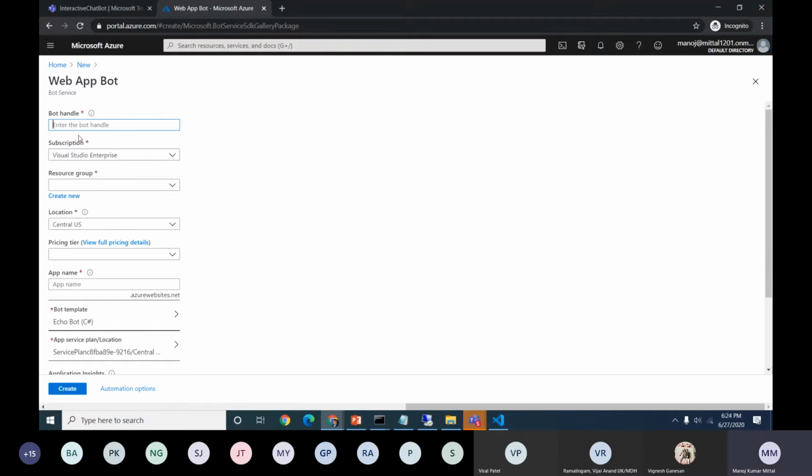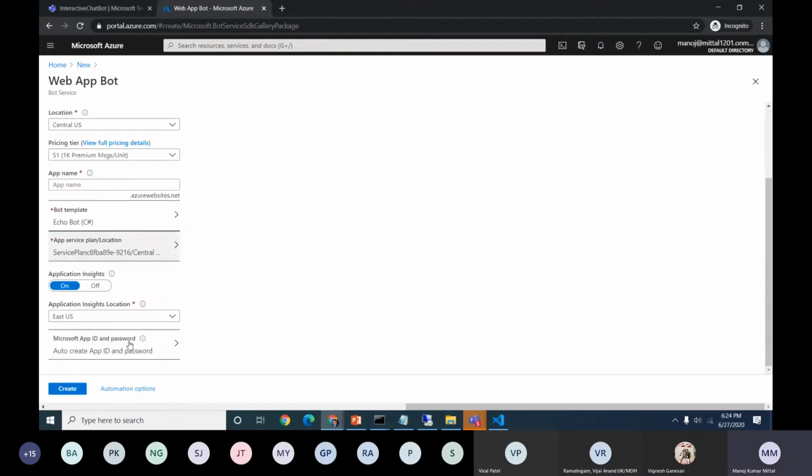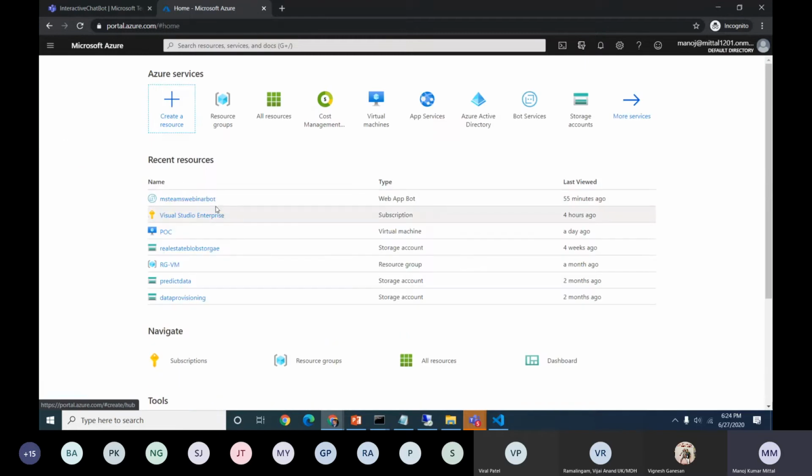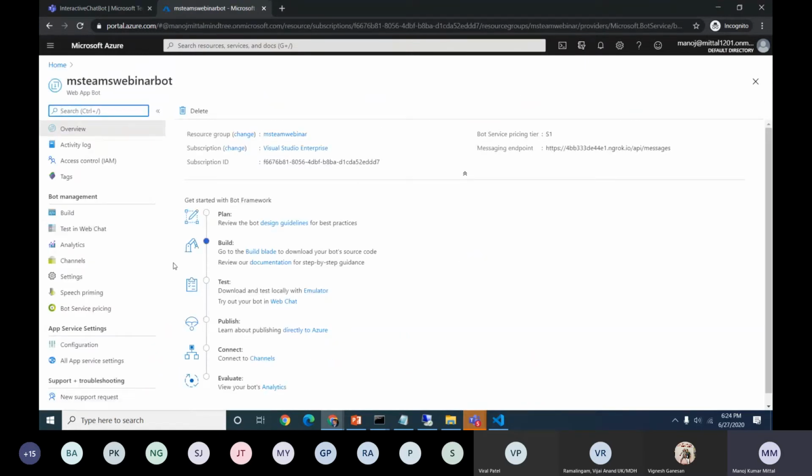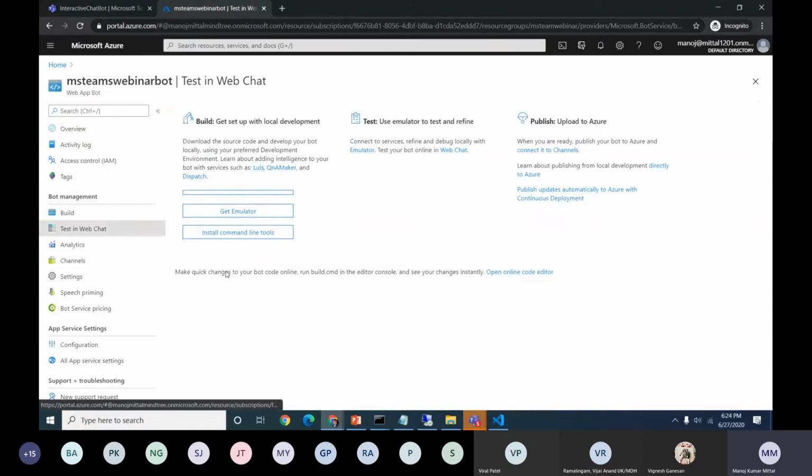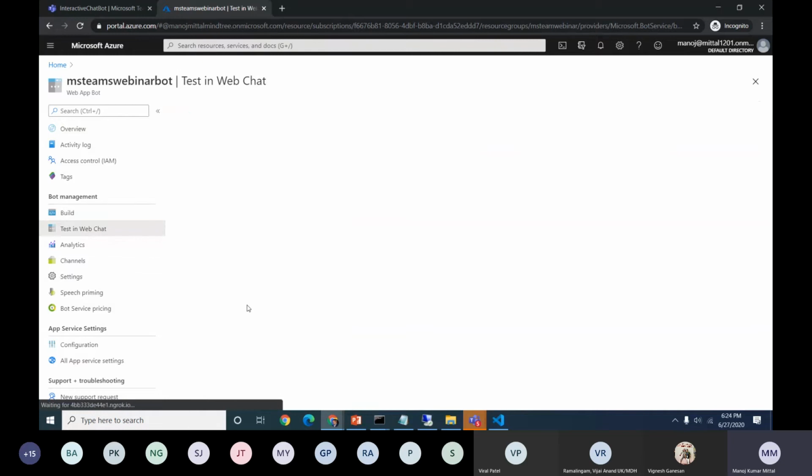So we can give all those configurations and sections here. Once we click on create, as I've already created, it will come something like that. So it's just a blank bot. I just created it before the demo. If you see in this bot, nothing as such is there. If I go to the test in web chat, we'll just type hi, hello into that one. It's just an echo, whatever I type here, just a default section.